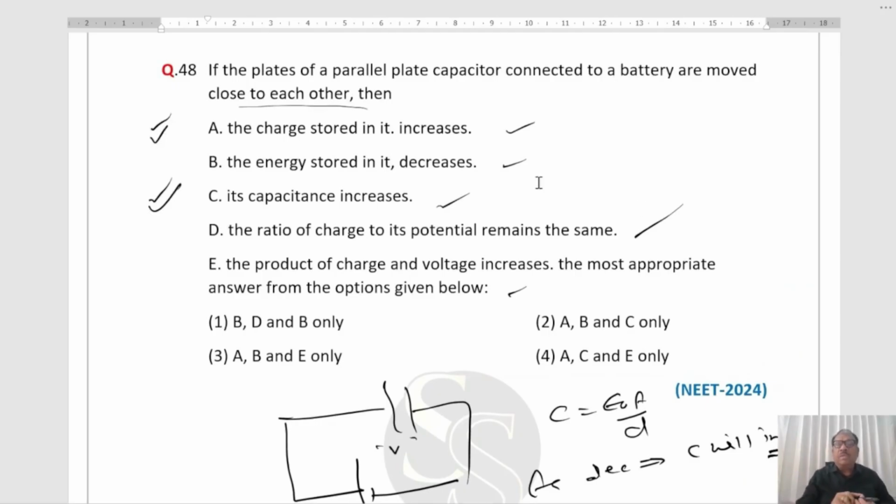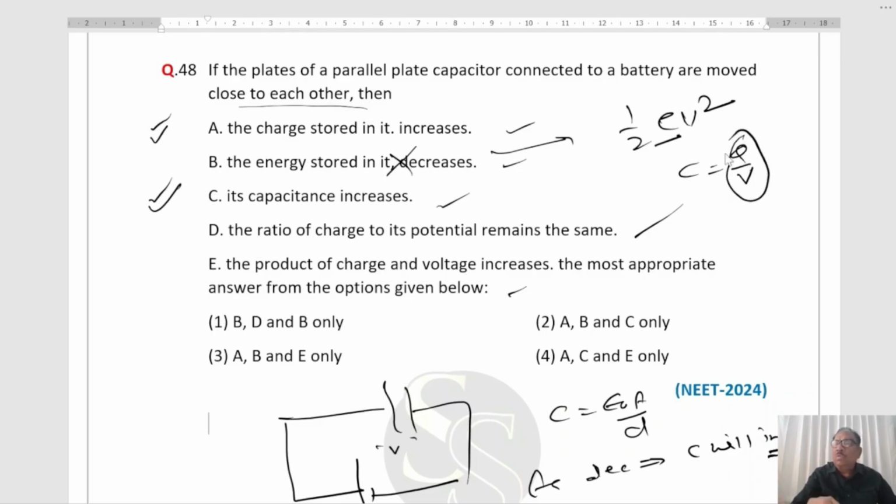Energy stored in it decreases. Energy stored में क्या formula होता है? Half CV square. As C increases, the energy stored will be increased. So this is the wrong answer, right? Next, the ratio of charge to potential. C equal to Q by V. Ratio of charge to potential remains the same. No, this does not remain the same as C increases. So this is wrong,